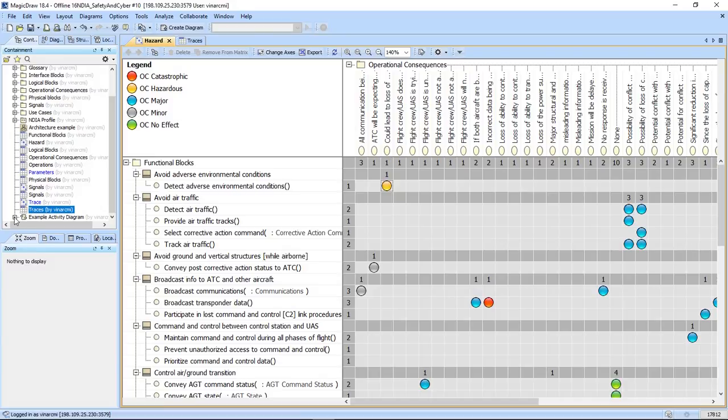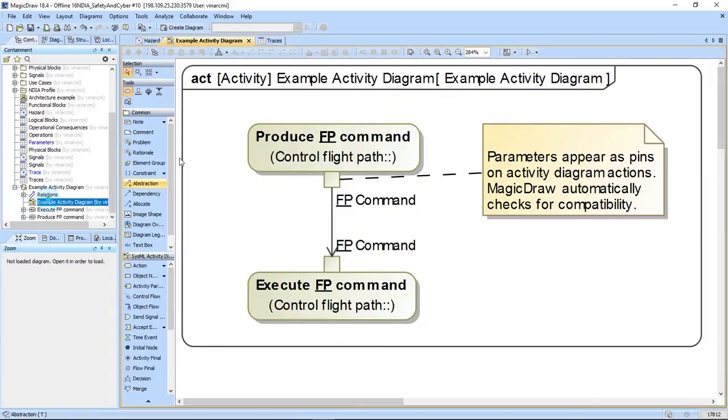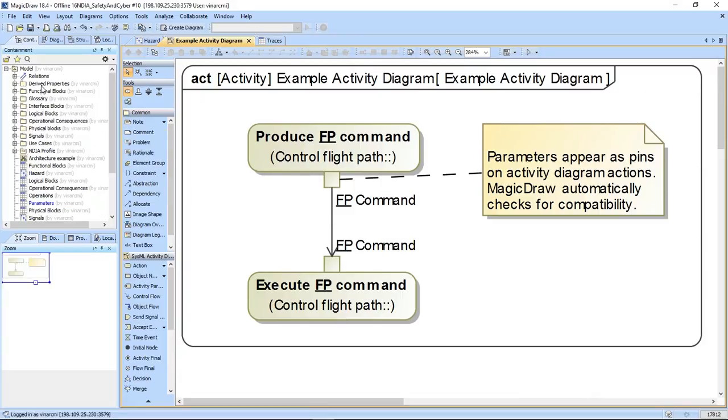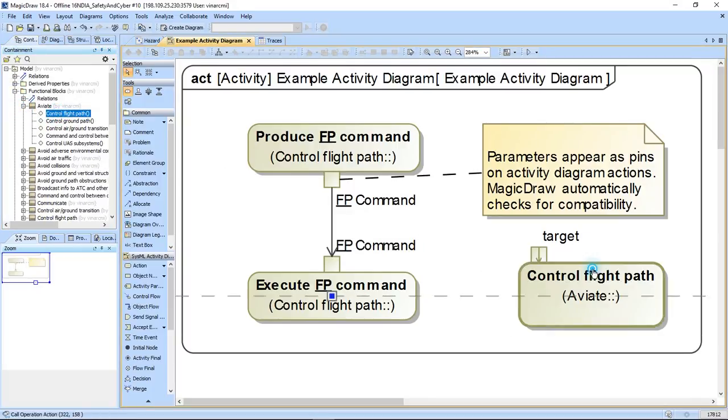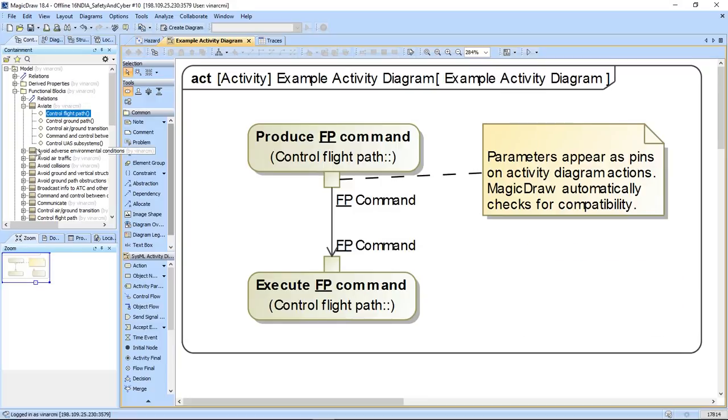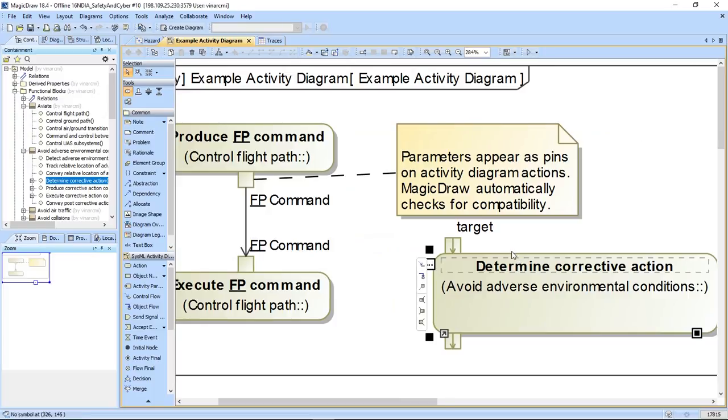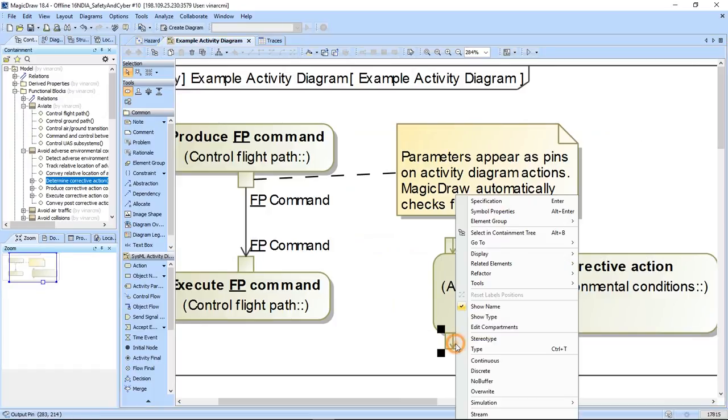Final thing I do want to show is that the reason we use the operations is that these parameters are the input and output pins when you actually drag them onto an activity diagram, and so that ensures that they're typed correctly. That was a bad choice, my apologies. Here's one that has inputs or outputs. So again, the pins appear and let us